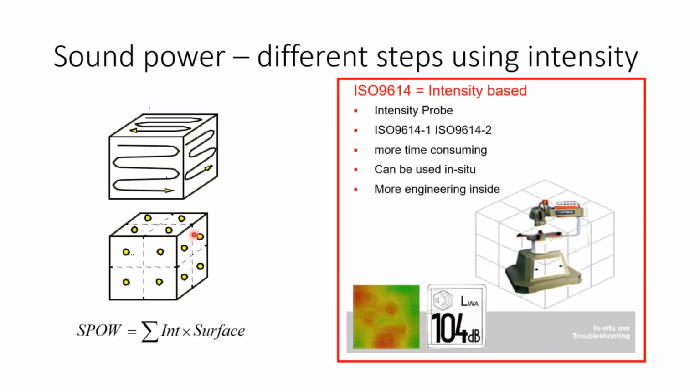So when you're doing sound power from sound intensity, there are two methods you can do. You can do a scanning method where you take the probe and scan each side for about 30 seconds, or you can do what's called a point-to-point method. In this method, you would use each individual box, like in my poorly seen grid system, and each box would get its own 30-second measurement. Then you sum over the surfaces and multiply by the area. We talked about sound intensity as watts per meter squared; if you multiply by the meter squared and sum that together, you end up with sound power. So it's a nice method of doing that.